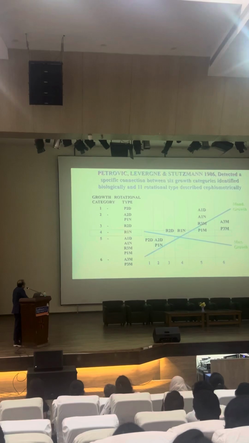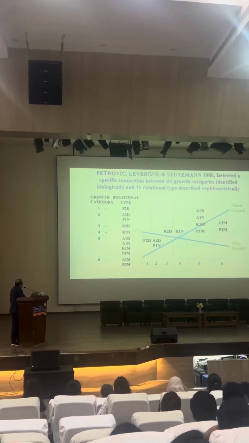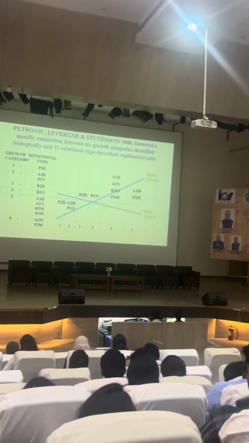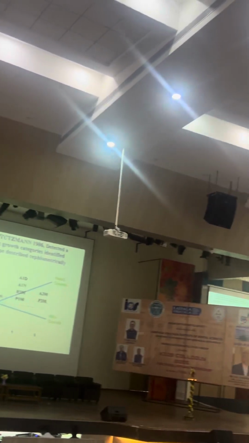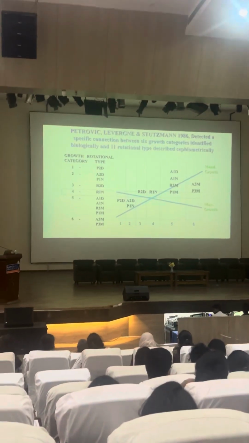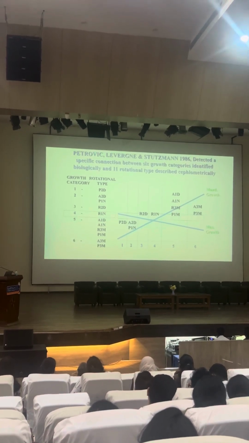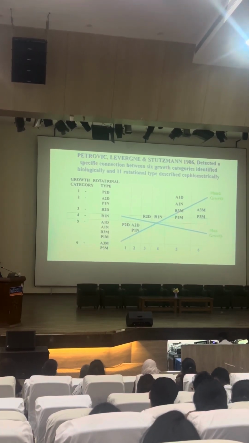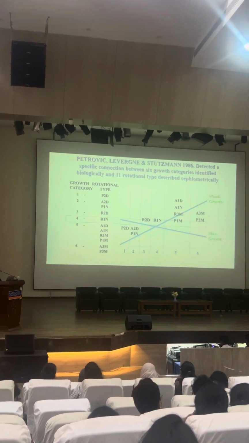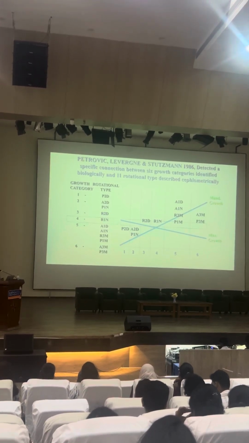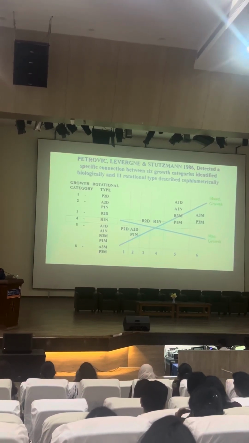In category 6, mandibular growth will be highest, maxillary growth will be least. In category 1, maxillary growth will be highest, mandibular growth will be least. Balance will be 4. 5 is the best category for the functional appliance for class 2 characters. 4 is also a good category for class 2 characters.